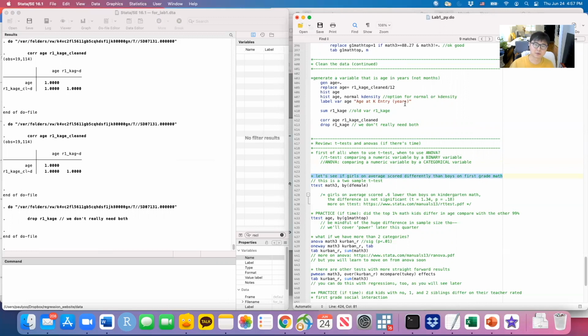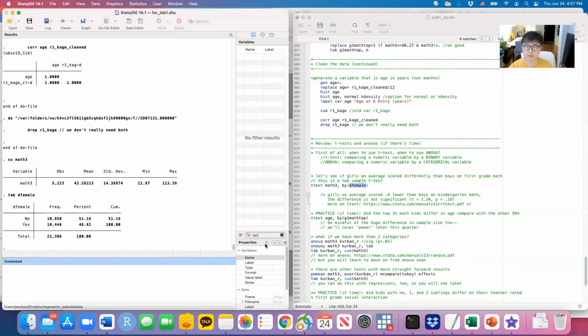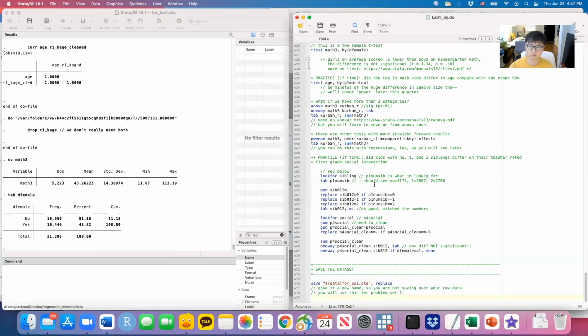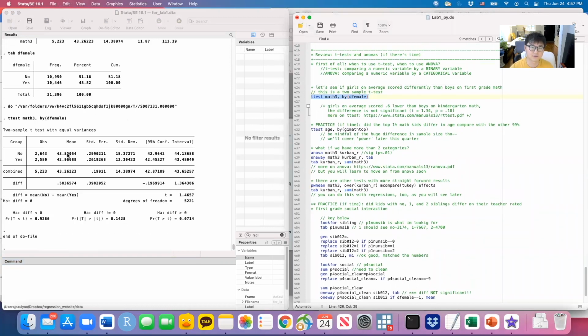So if we wanted to, for example, see if girls on average score differently than boys on first grade math, right? This is a two-sample t-test, comparing two samples. We would say t-test, math 3, the variable of our interest, which we know we've cleaned because there are no negative values, right? By the female, which we know is just the yes, no variable. Running this produces lots of information, but don't be intimidated. If we tab the female, like we have done before, and summarize math 3,